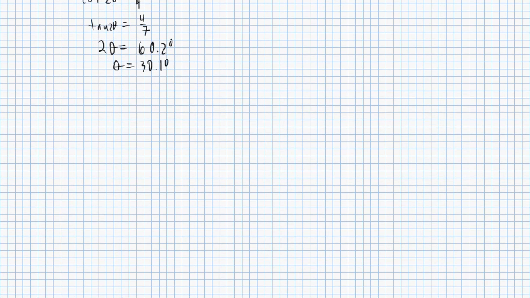Let's say that we have x squared minus 3xy minus 5y squared minus 4y is equal to 2. Okay, here, using our